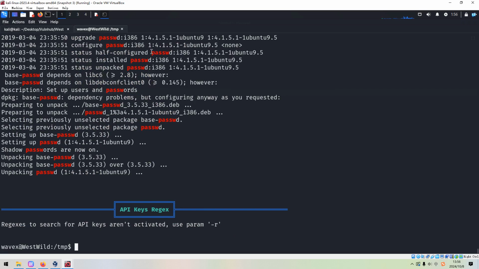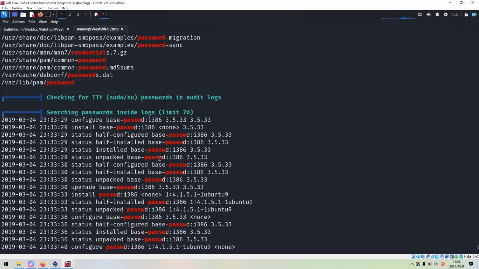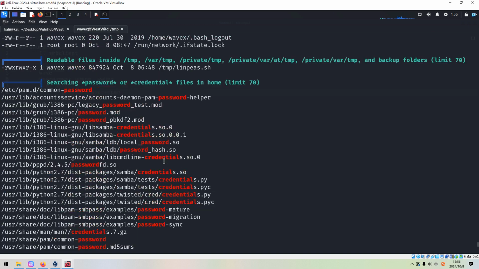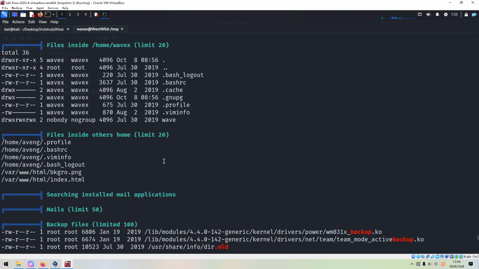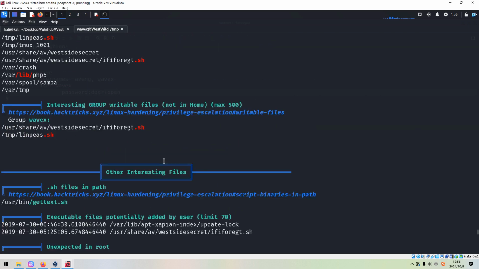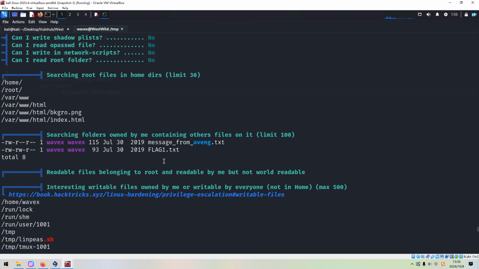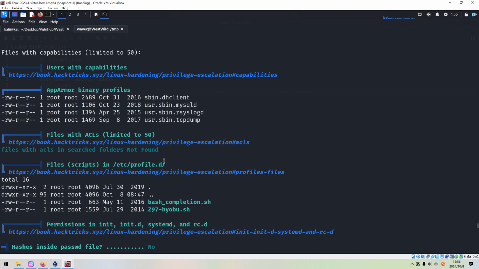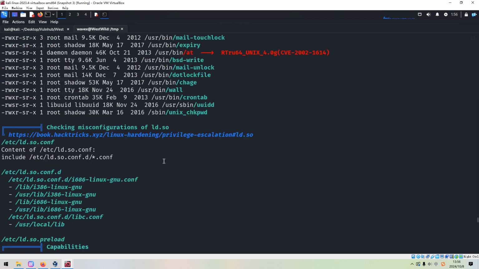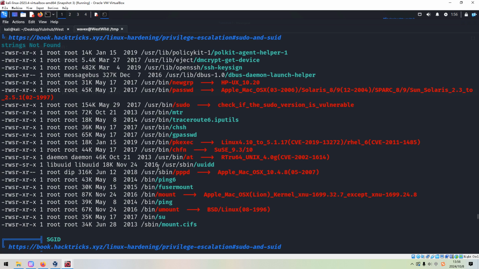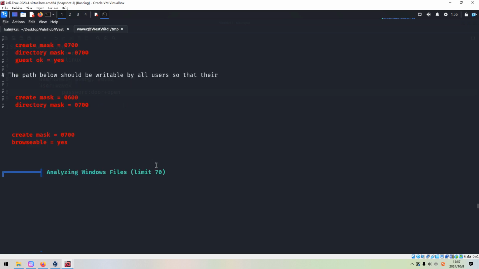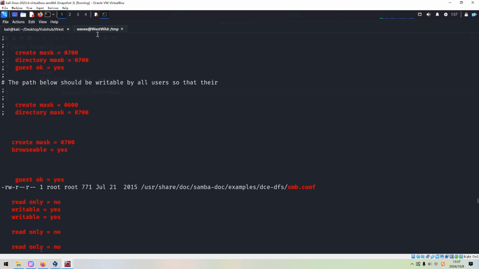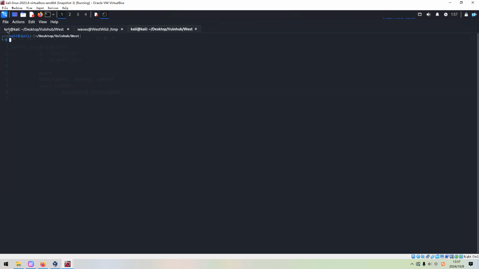All right, it's done. And then we can scroll up to see whether we can find something interesting or something weird, and then make use of such vectors or information. SUID, the binaries with SUID bit. And also just now, I think we forgot one thing. The message.